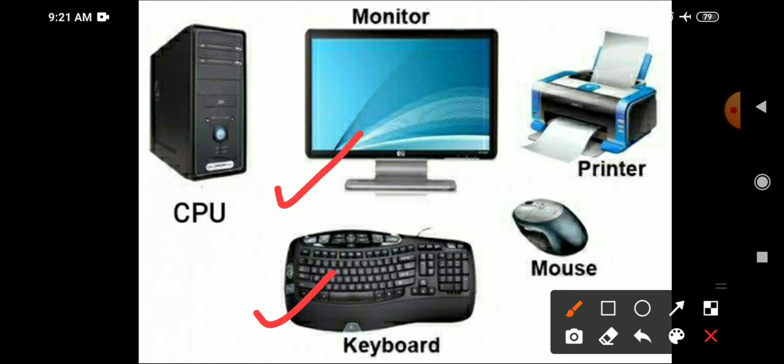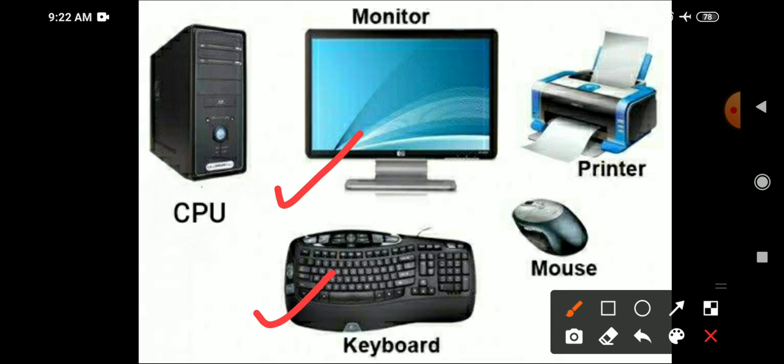The second part is the monitor. Now what is a monitor? A computer monitor is an output device that displays information in pictorial form. A monitor usually comprises the visual display circuitry, power supply. Older monitors used a cathode ray tube. Now here, a monitor is a device which looks like a TV, right? It looks like a TV, right?